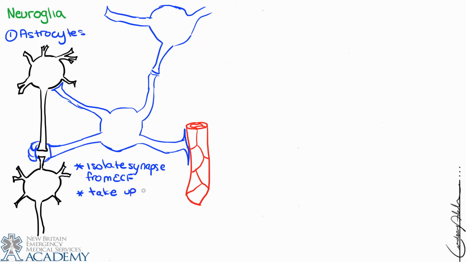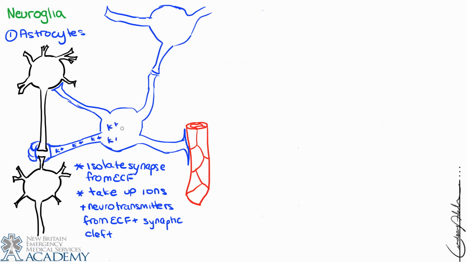The next function of the astrocyte is to take up ions and neurotransmitters from the ECF and from the synaptic cleft. So some of the neurotransmitters can get taken up by the astrocyte, and then also probably the most important ion that's picked up by the astrocyte is potassium. So potassium can actually affect the behavior of the neurons. And so if one astrocyte picks up a whole bunch of potassium, what it will do is redistribute